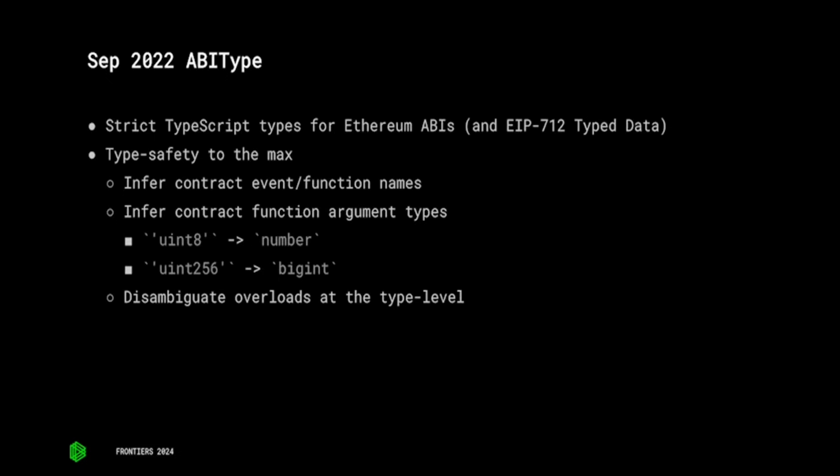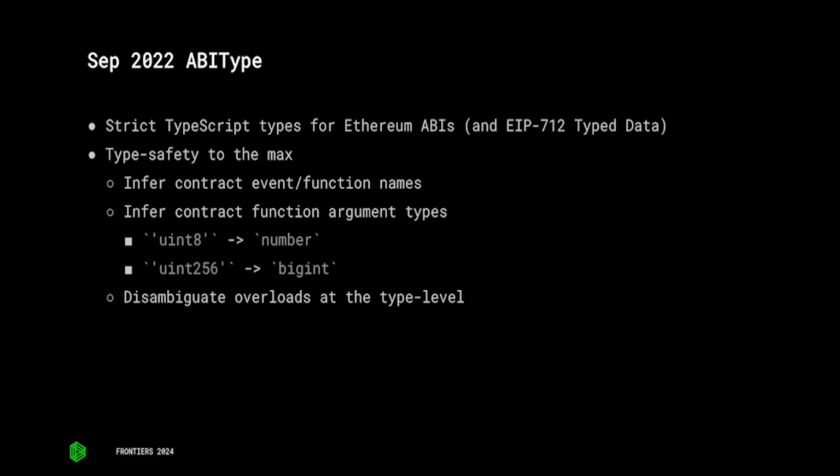It allows inferring different argument types, which is helpful because if you forget a certain value, it will tell you and warn you ahead of time. It will also do that for responses. And it is really robust. It works really well even for super complicated ABIs, like deeply nested tuples that have arrays with other tuples inside of them, and it can pull out the different names of the properties and stuff like that.